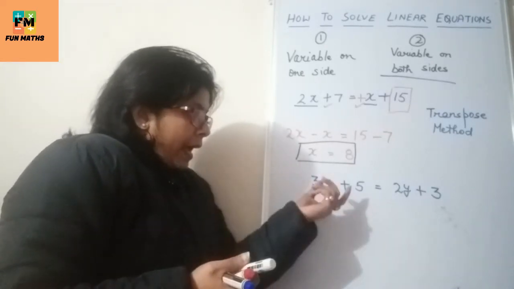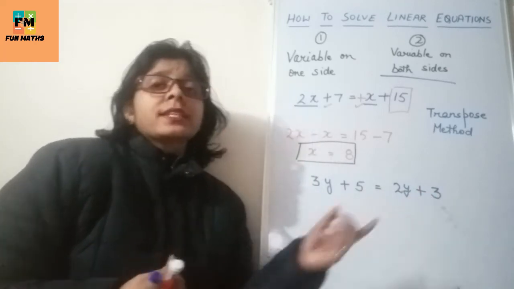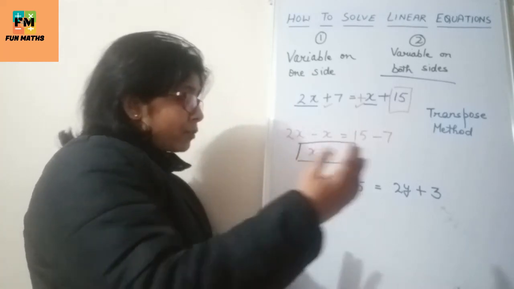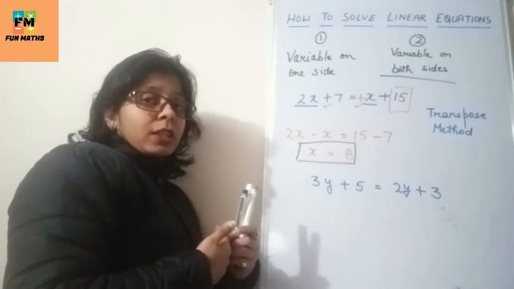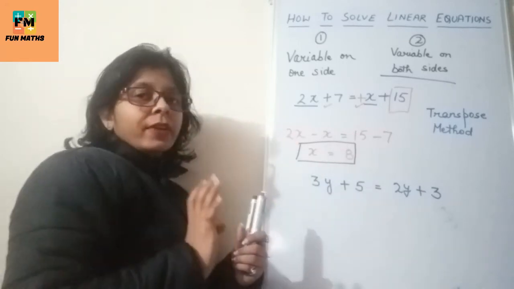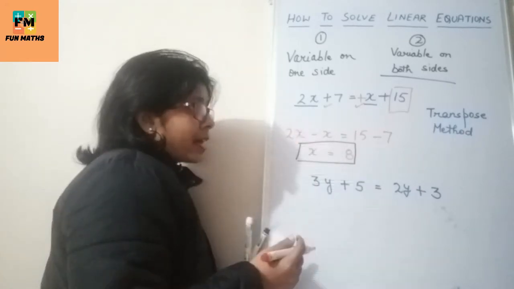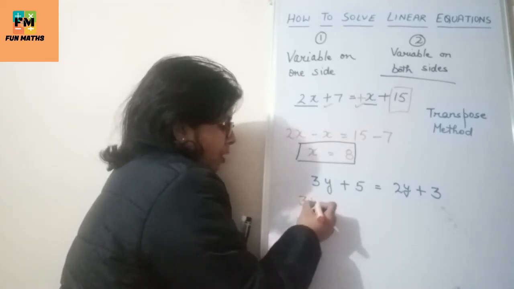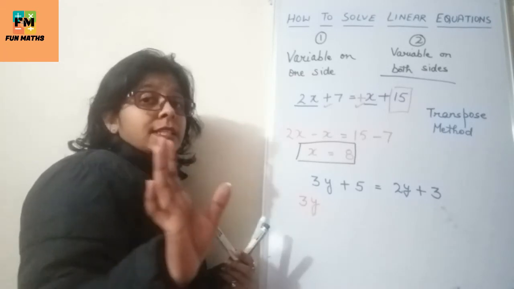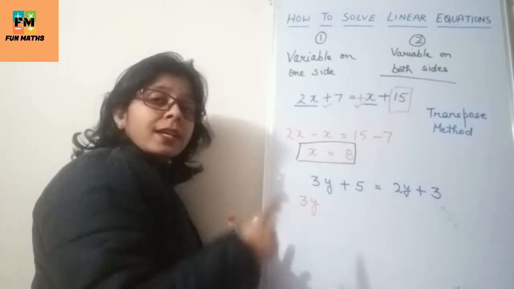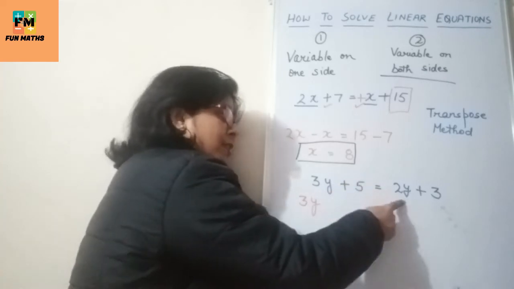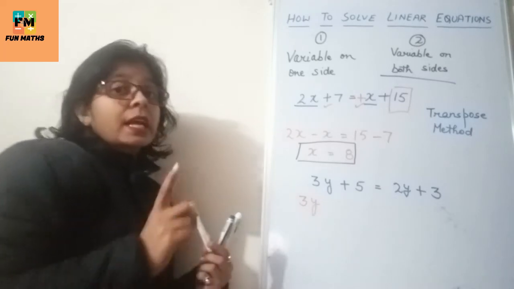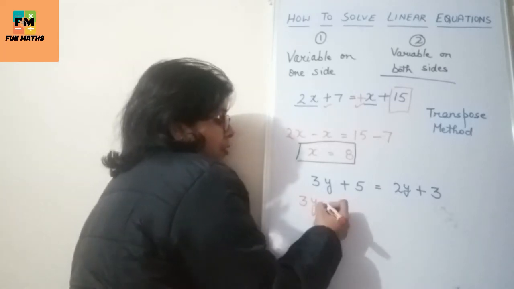Alright, so again, as this variable is on both the sides, the first step is to bring the variable on one side of the equation. So one side of the equation means left hand side I am keeping all the variable parts and right hand side I am leaving the constants. Alright, let's start with bringing the variables on one side. So here, as you know, this 3y is sitting. So 3y is not going to change its place. This 2y will be asked to change its place. But if this 2y will change its place, definitely it will come to the left hand side and it has to compromise. Transpose method. Compromise means changing the sign.